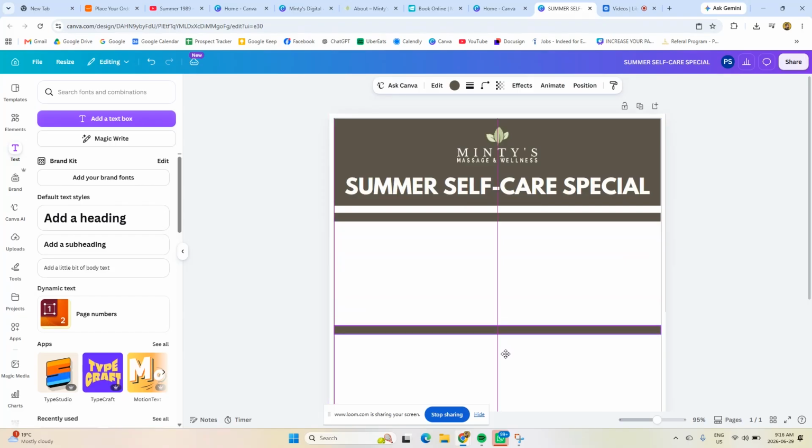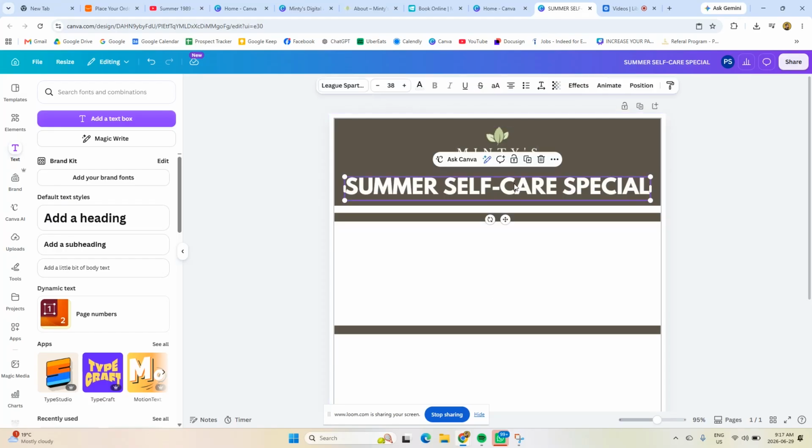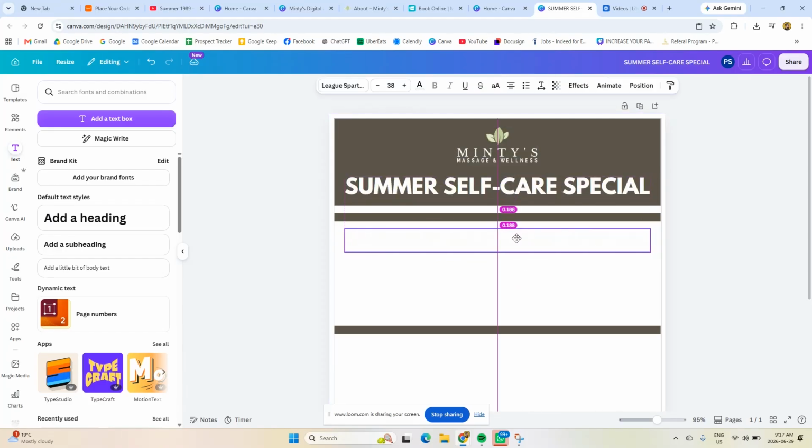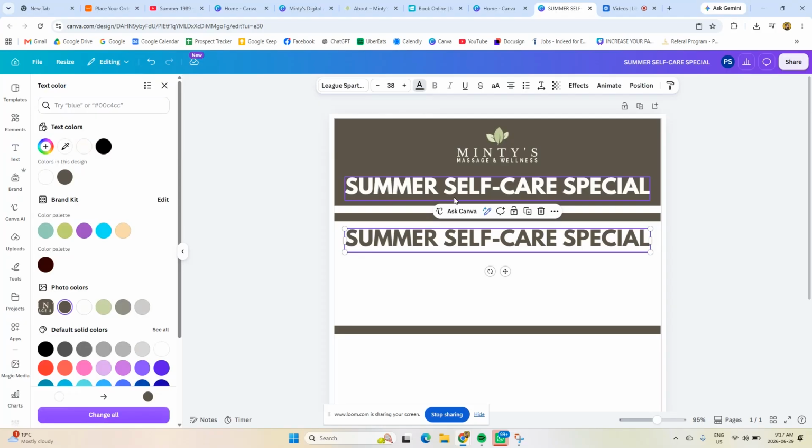define the product. So what are we giving them? Right? So what's the self-care special? Summer self-care special. So we called it a 60-minute. So I've copied this text, I center it, and then I'm going to change the color of it to color match the brown in the logo. And then we call it a 60-minute deluxe